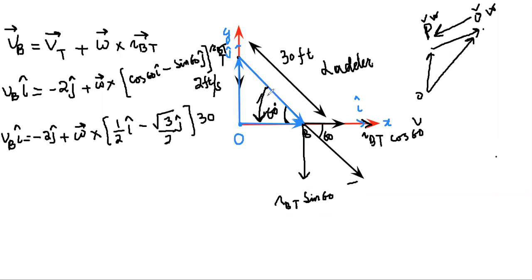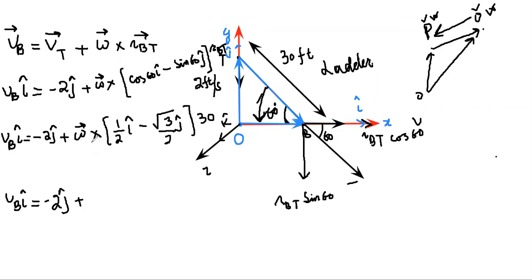Now as this angle is decreasing, curl your fingers in the direction of decrease of angle. This angle is decreasing in anti-clockwise direction. As far as the direction of the thumb is concerned, your thumb will come along the z axis. That is, the angular velocity is along the z axis, so it's along k cap. So we can write VB i cap is equal to minus 2j